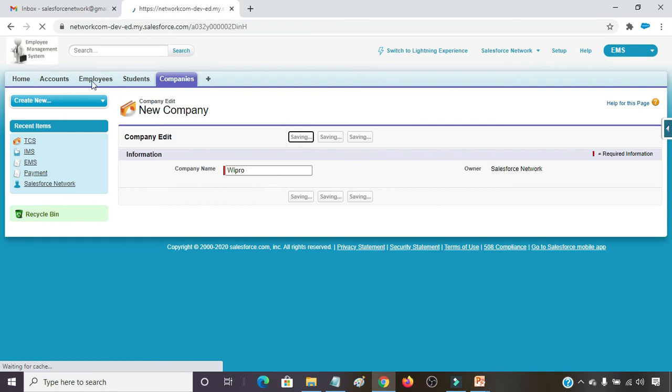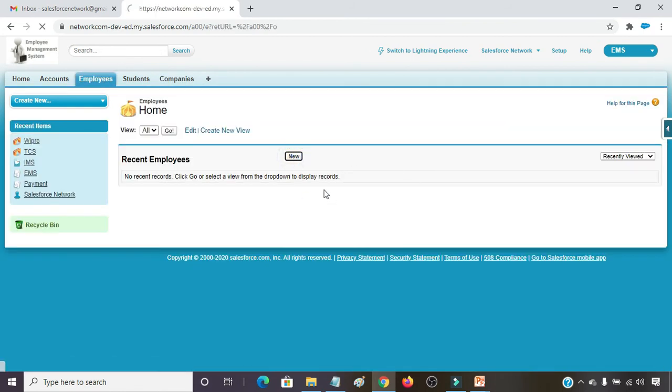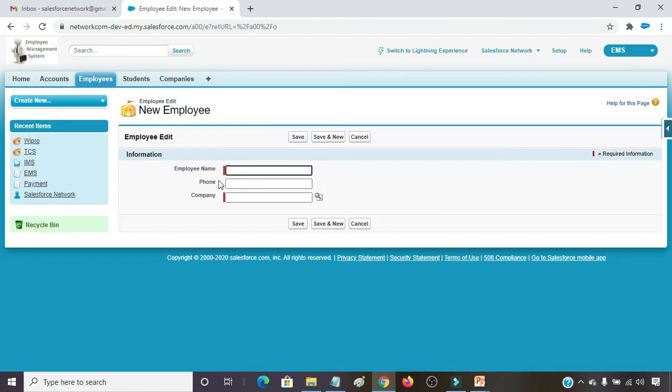Clicking on the Save button and again going to Employees, clicking on New. See, Employee Name is coming. I am providing the employee name here, Aman, and providing the phone number 123, like this only.